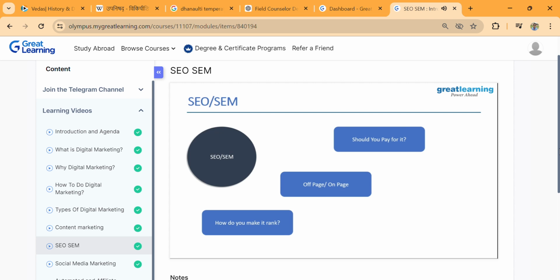So if you write a particular article in a particular format and optimize it in that format, there are more chances that your article or your video might rank. This process is called search engine optimization. Search engine optimization is a way of getting organic traffic. Organic traffic is traffic for which you're not paying any money. You are just optimizing your article, your video in such a way that it is reachable to people.